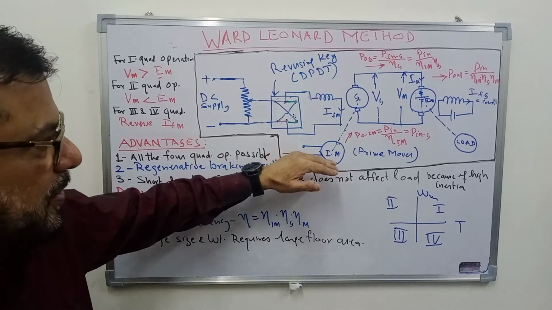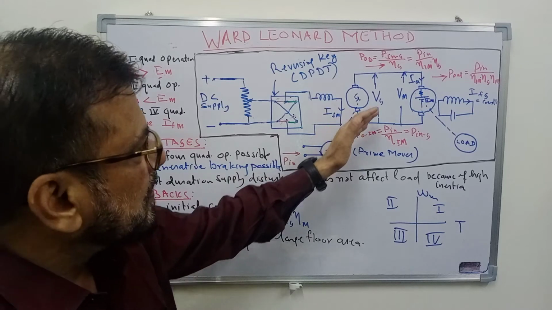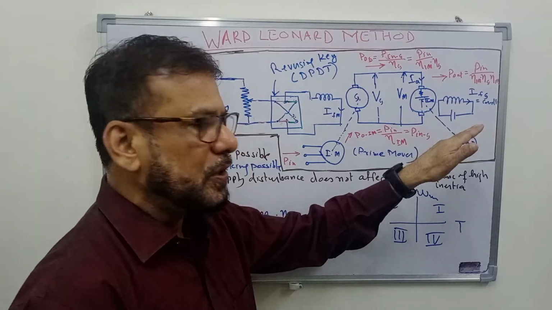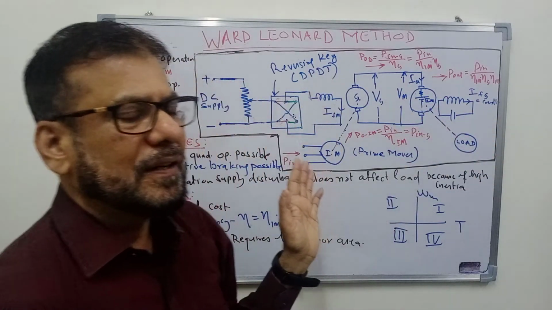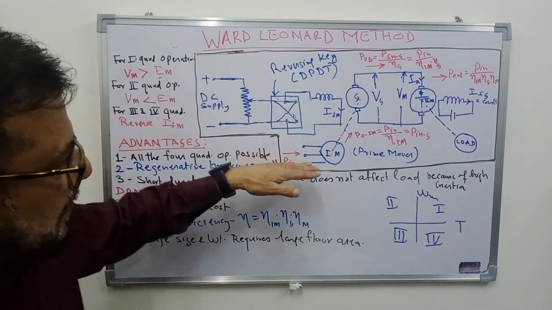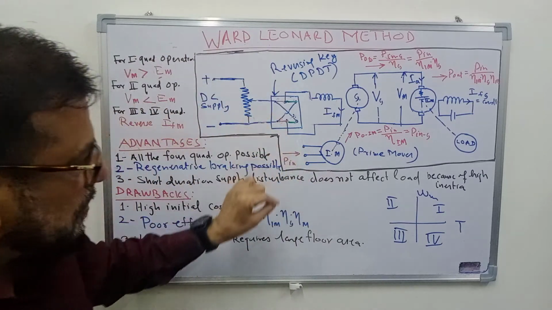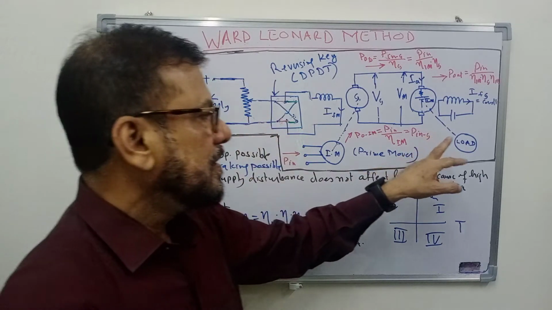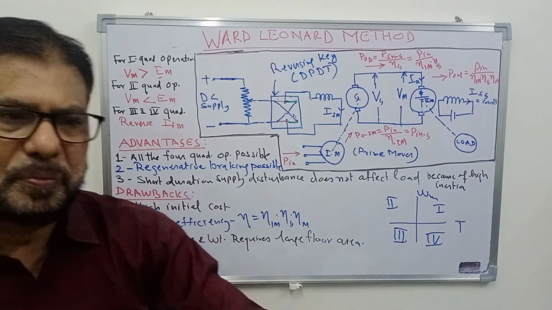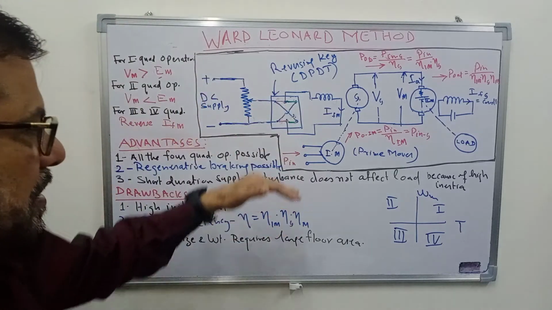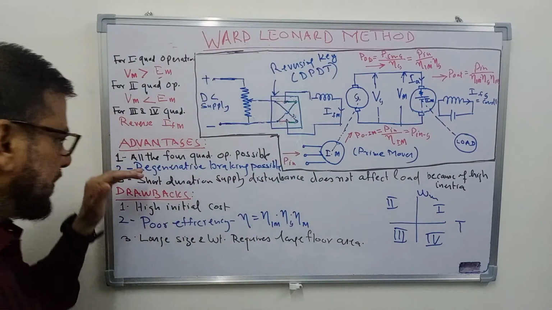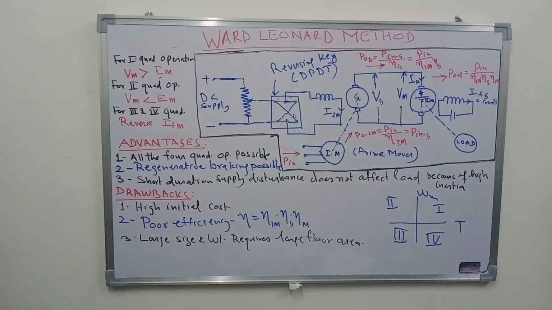This will respond to the disturbance here, and that will cause change in the voltage here, and then this will take its time to respond to this change in the voltage, and finally the load will face the problem of fluctuation. So because of high inertia, the small duration disturbances here will not affect the load speed, and it will continue to run at a smooth speed. So small duration disturbances will not affect the performance of the load. So this is also an advantage of this scheme.